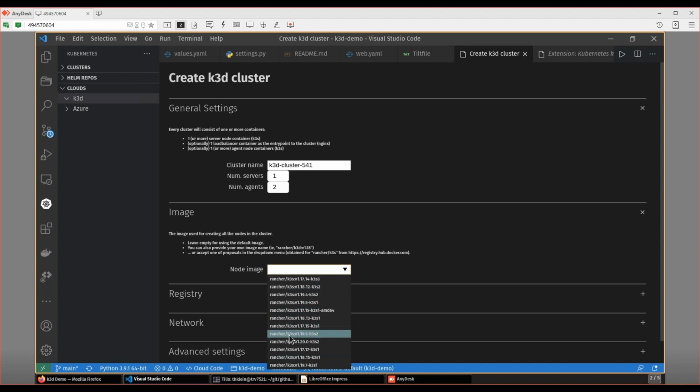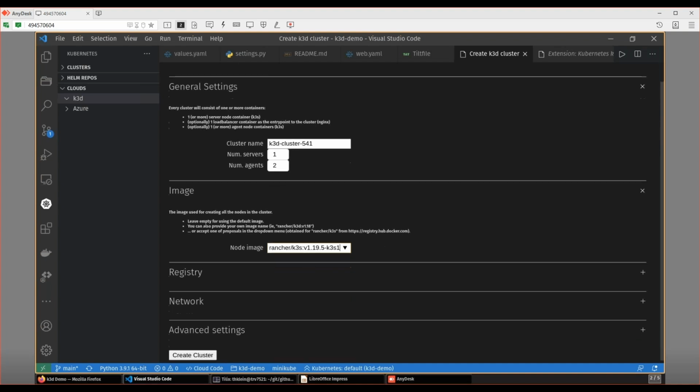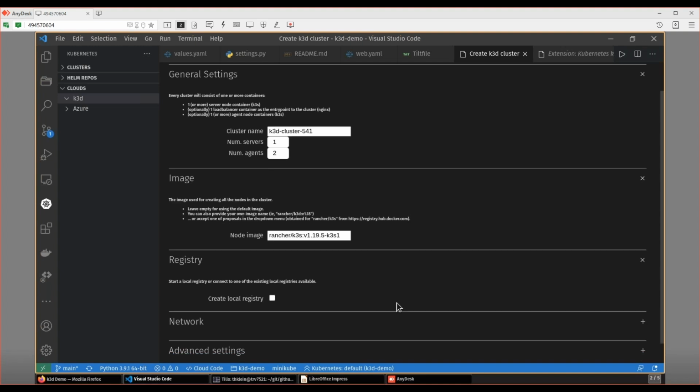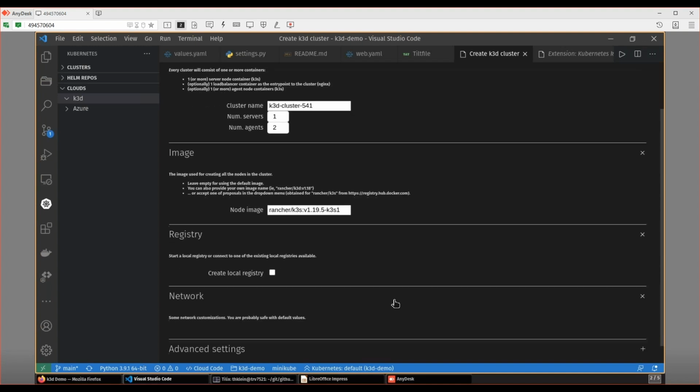For example, 1.19.5 K3s 2. I hope that's one that I already pulled. This one I definitely pulled before. So I'm gonna choose that. Then you can choose to create a local registry. If you would already have a registry created, then you will have another one for using registry in a dropdown over here. And you can specify many more things,